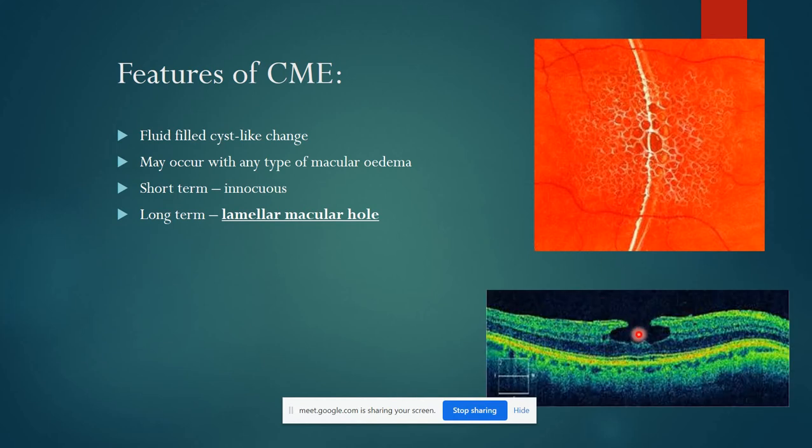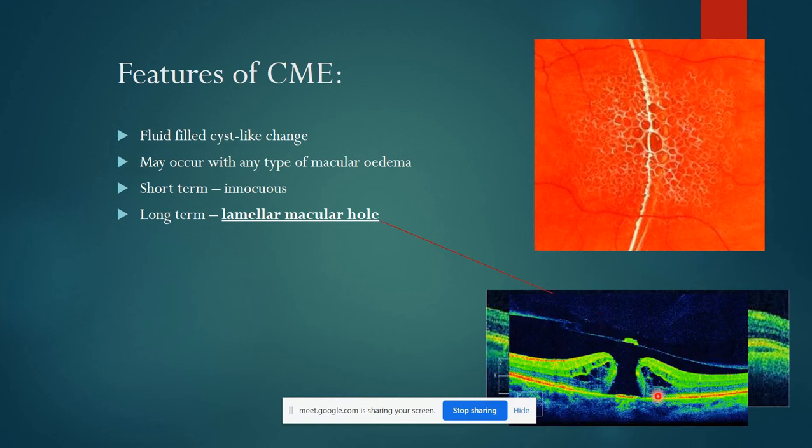If you look here, this is how a lamellar hole is going to be. There is a complete breakage. This is how the hole is. If this place is closed here, then it is called a cystic space. Because it has a breakage here, it is called a lamellar hole. So see here again. This is a perfect example of PVD.